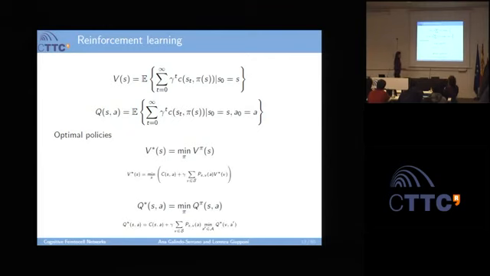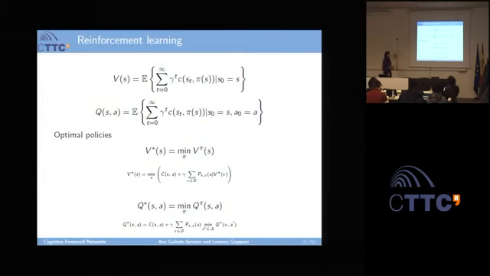And just to show you how it works: for the state value, you will have a state, and the optimal policy will be the action which will give you the lowest cost. For the Q function, it will be the action that will give you the minimum cost: you select the action and you will have the minimum cost following the policy thereafter. We see it here.